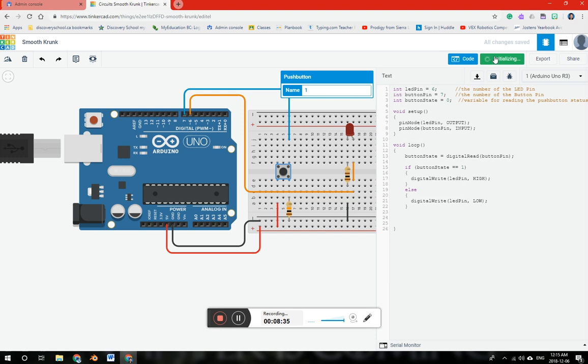So I'm going to start the simulation, and okay, LED is off, that's good. So I'm going to click, oh, LED comes on, and when I let go, LED goes out. Perfect, that's exactly what I want. So that is how we use an if statement to make a decision. It's a little bit more